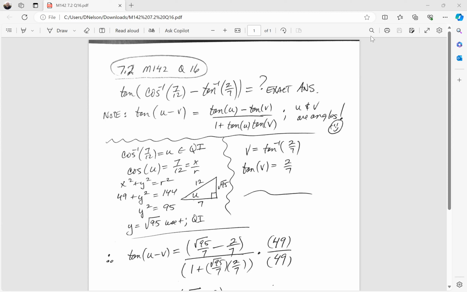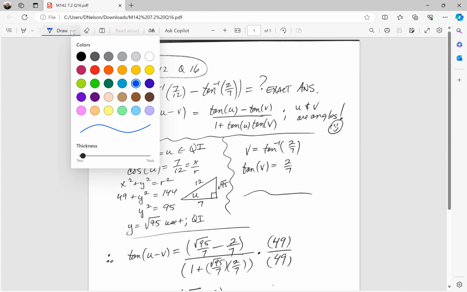And we know by the difference identity for the tangent function, that's going to be tangent of u minus tangent of v over 1 plus tangent u times tangent v. So what we're looking at then is